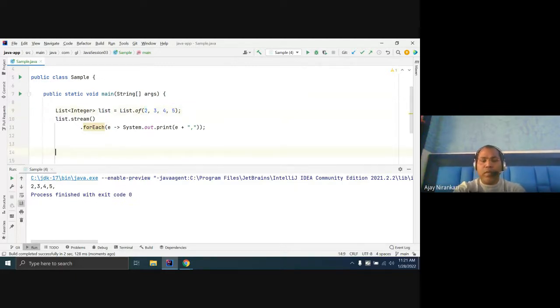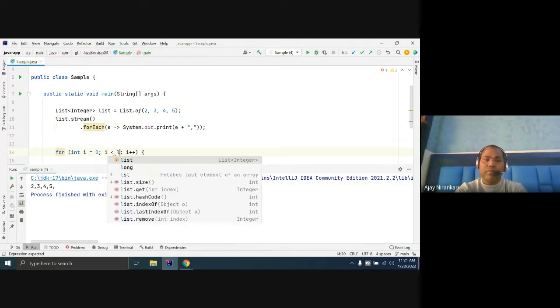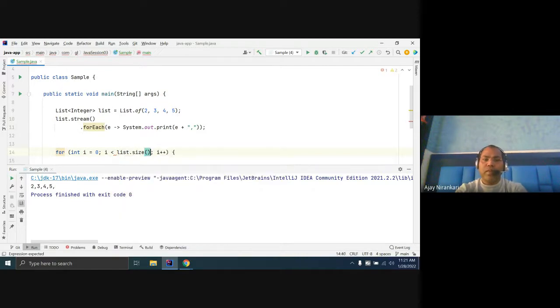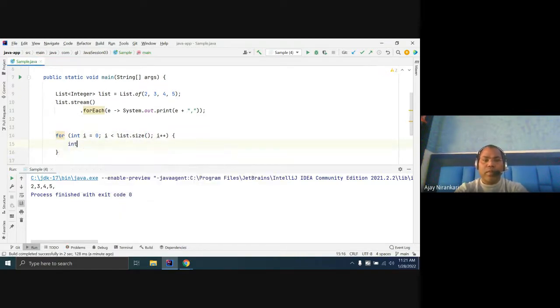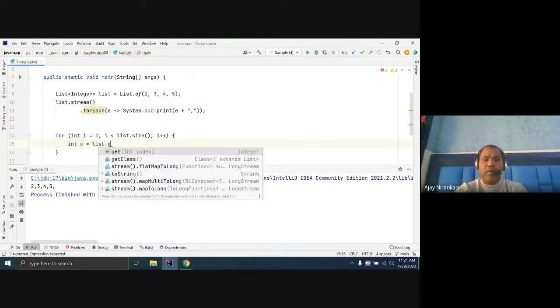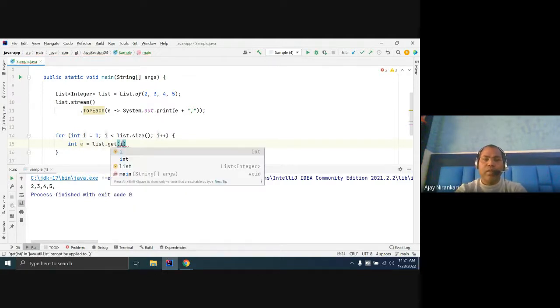Generally, we write a for loop and take each element from the list, up to list.size, and you get each element with list.get(i).